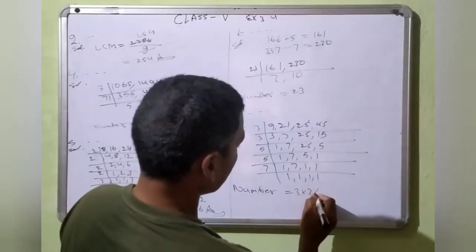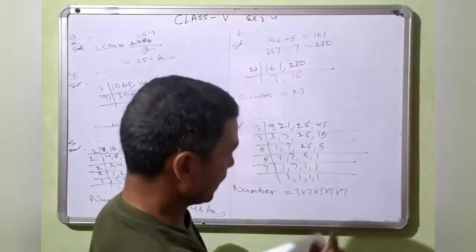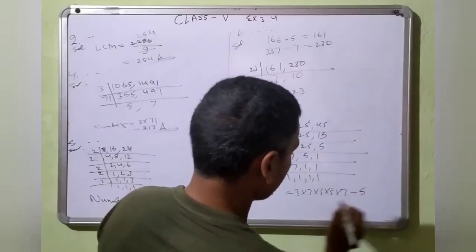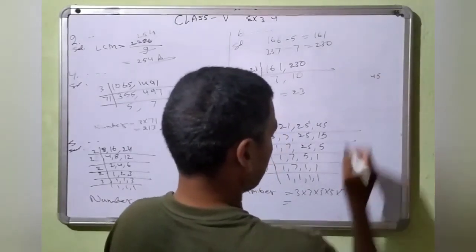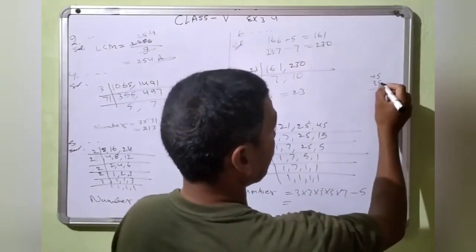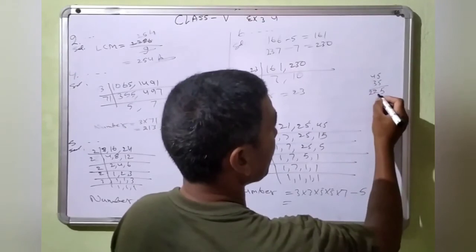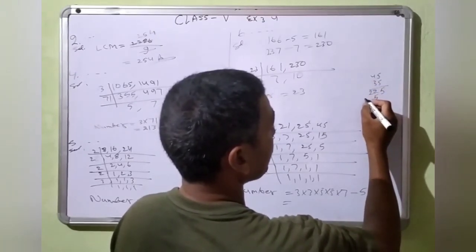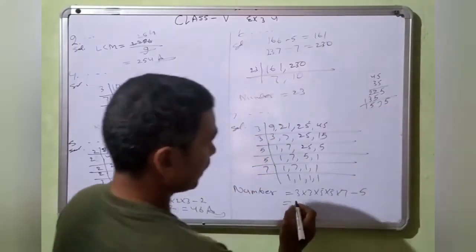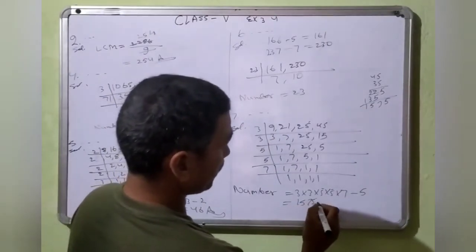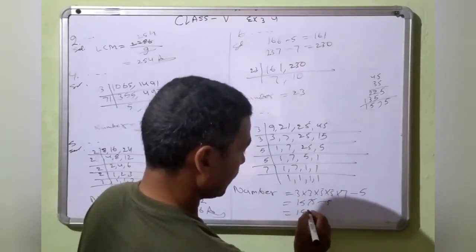So that number is equal to 3 into 3 into 5 into 5 into 7, that added by 5. So 3 threes are 9, 5 nines are 45, and then 5 sevens are 35, 5 fives are 25, 5 fours are 20 and 2 carry, 3 fives are 15, 3 fours are 12, 13, 5 7 5 1. That will be 1575 minus 5 because of added 5. That will be 1570.